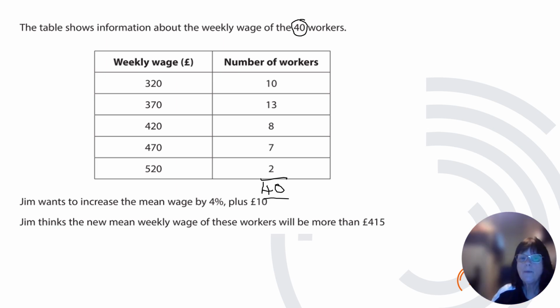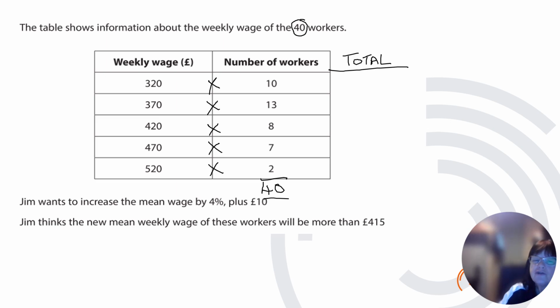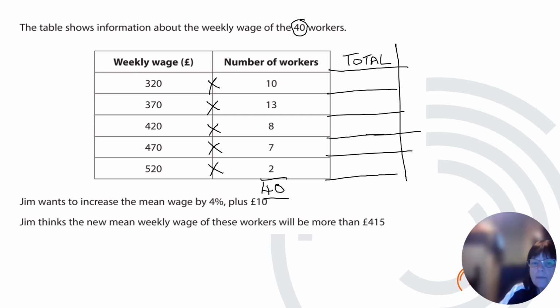Is Jim correct? So pause the video, have a go, and then come back and we'll look at it together. Okay, so when we are doing mean from a table, it's not a grouped frequency table. We've just literally got numbers, not sort of 300 to 320. It's just 320. So we don't need to find a midpoint. We just need to multiply across and get a total. So 320 times 10. So we multiply everything across, and you will end up with